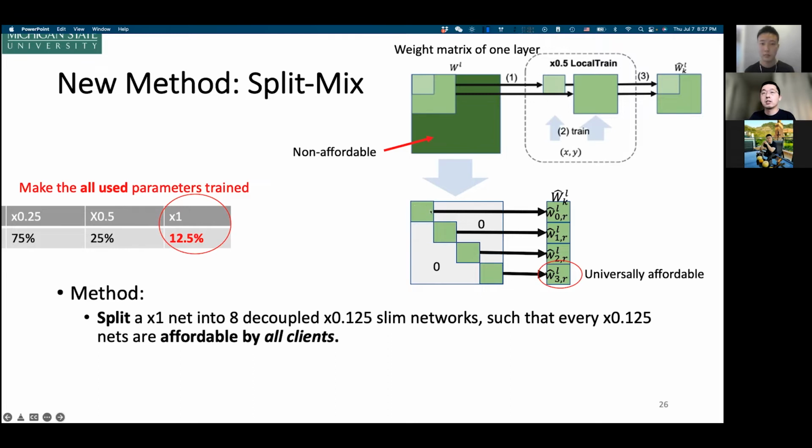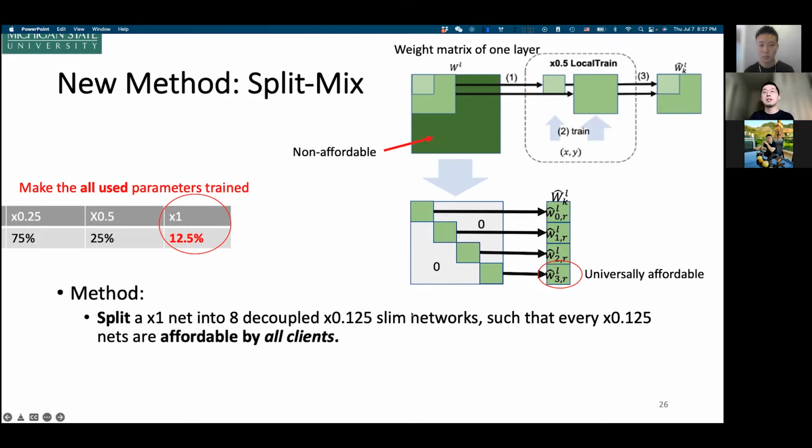You can see that we have different subnetworks with the smallest matrix here, without any interaction with other subnetworks. So we can extract these subnetworks independently into multiple ones, and we will find that each subnetwork is small enough to be universally affordable by all clients.